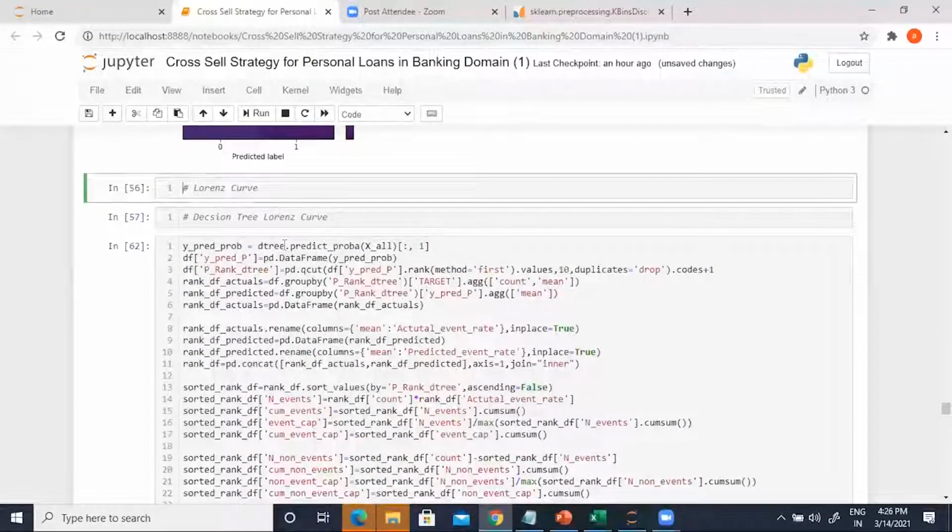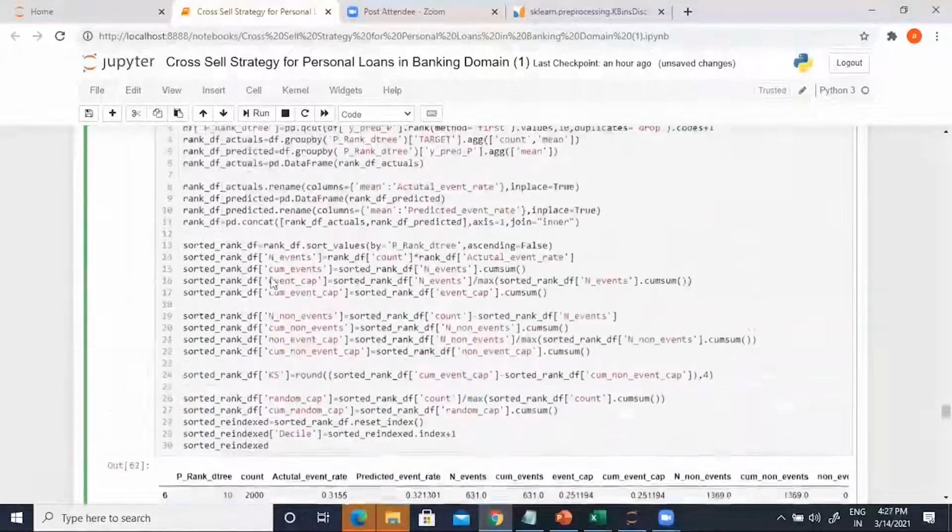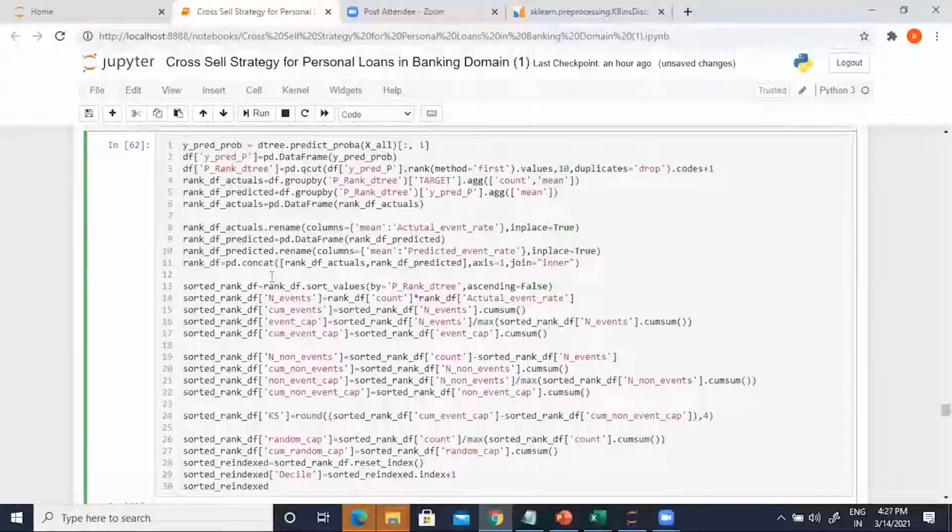Yeah. So we are creating this particular analysis called Lorentz curve analysis, and I will explain one of them, and the rest of them are actually the same. The logic here is this: when we apply the predict_proba and you take the second column, you end up getting the predicted probability of response.